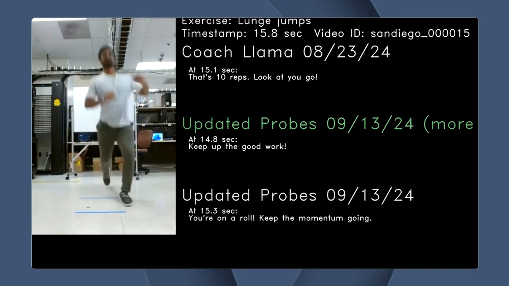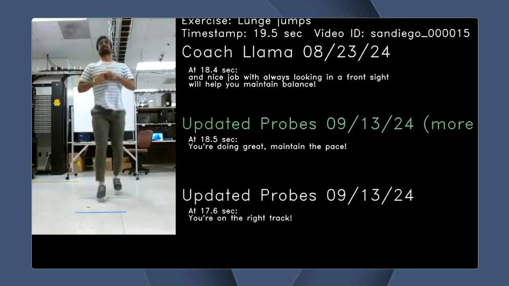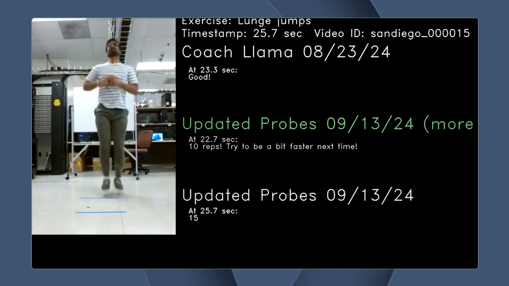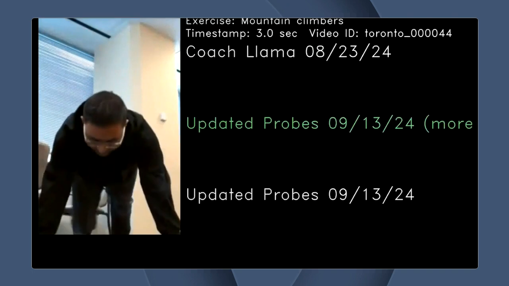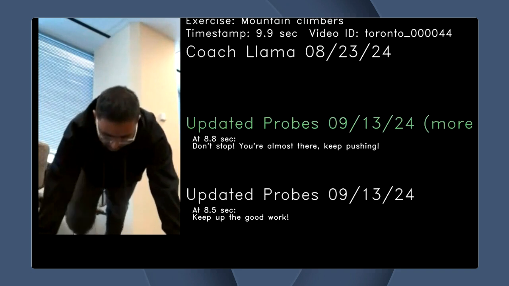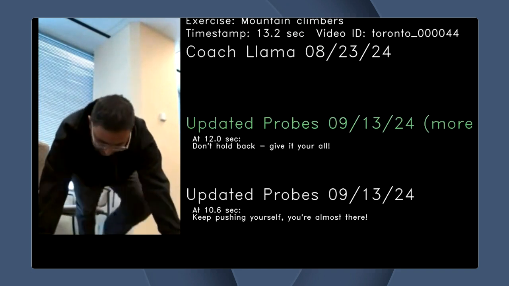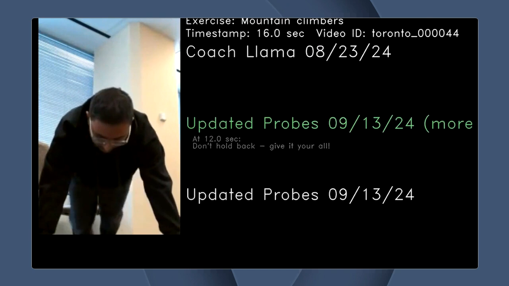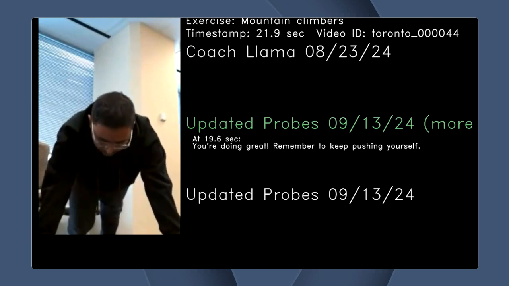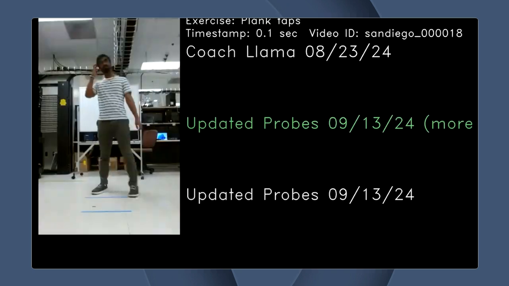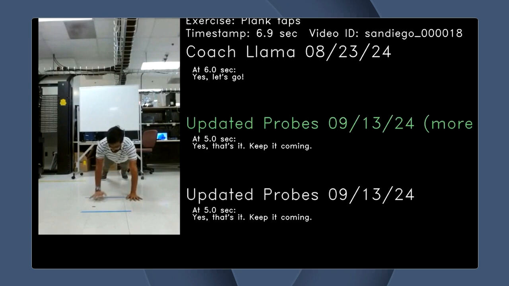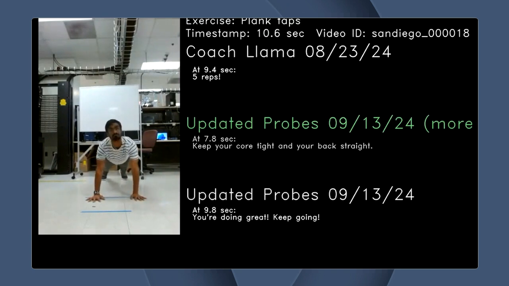And so remember, this is a neural net. It's a language model that is just trained to directly take pixels and speak. It started to learn to count because some of this probing information is counts as well. The counting is not perfect, but it's at this point roughly correct, which is kind of interesting if you think about what is involved on the feature level to let the model monitor periods in the activities that you undertake, and then appropriately give you numbers, like you have done 10 reps so far and so on.